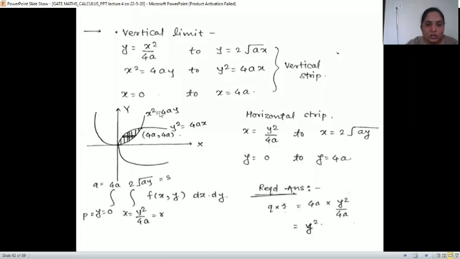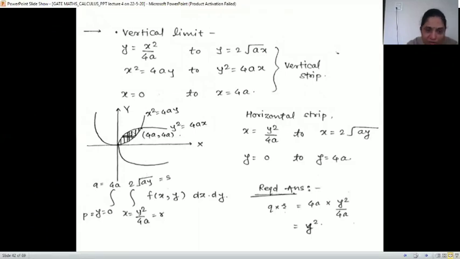Okay, before that I forgot to tell you that you have to draw this on your plane. So x square is equal to 4ay. This is a parabola along y axis. Secondly, it is y square is 4ax. So this is along x axis. Then x is 0. This is x is 0, the y axis. And x is 4a. This is the line x is 4a parallel to y axis. Here is the line x is 4a, right?